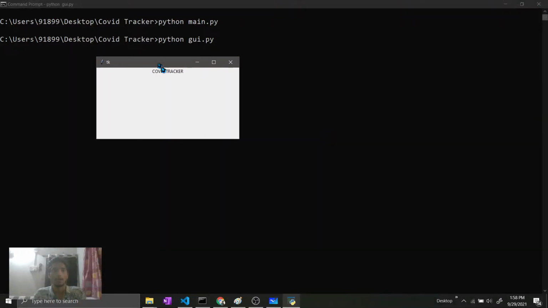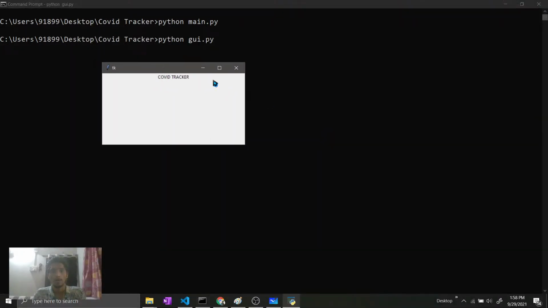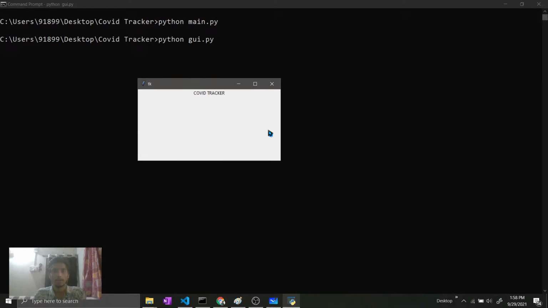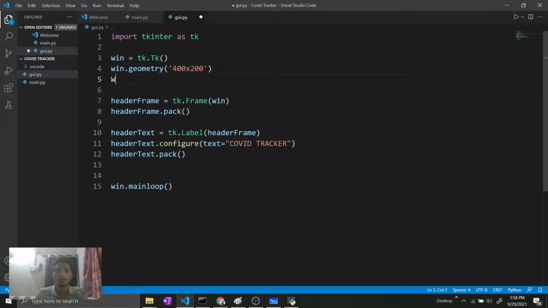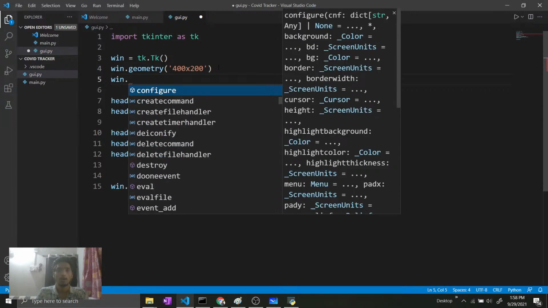gui.py. Now you can see it shows COVID tracker. But our window color is white and boring. Let us first change the window color. How you can change the window color is by writing win.configure,